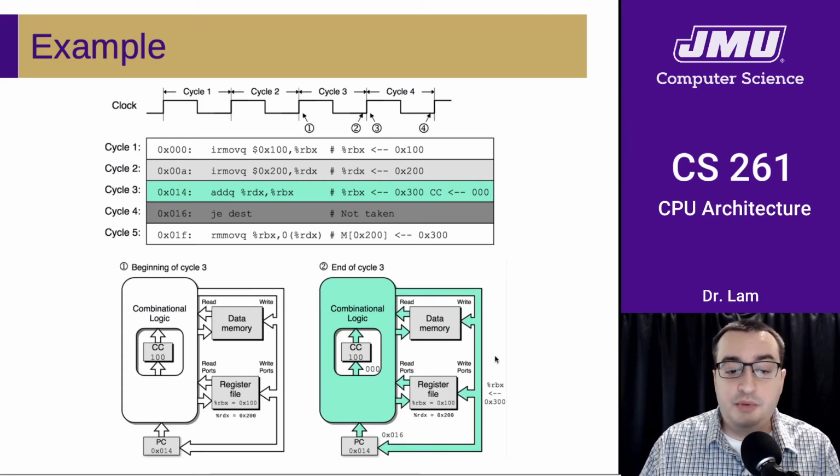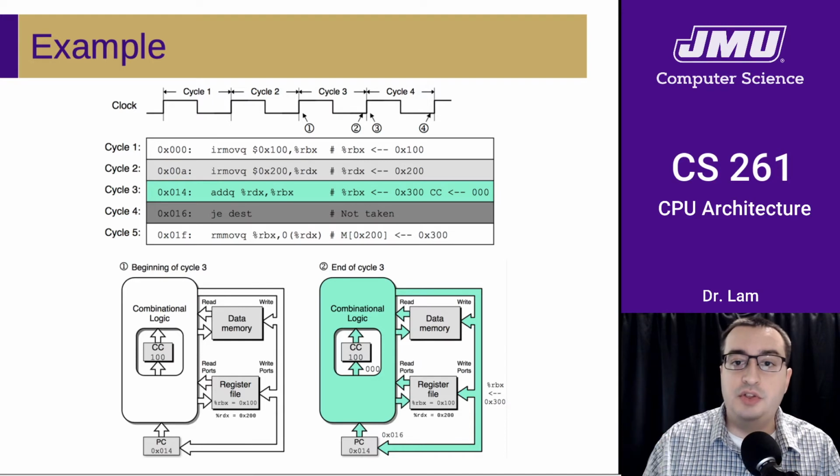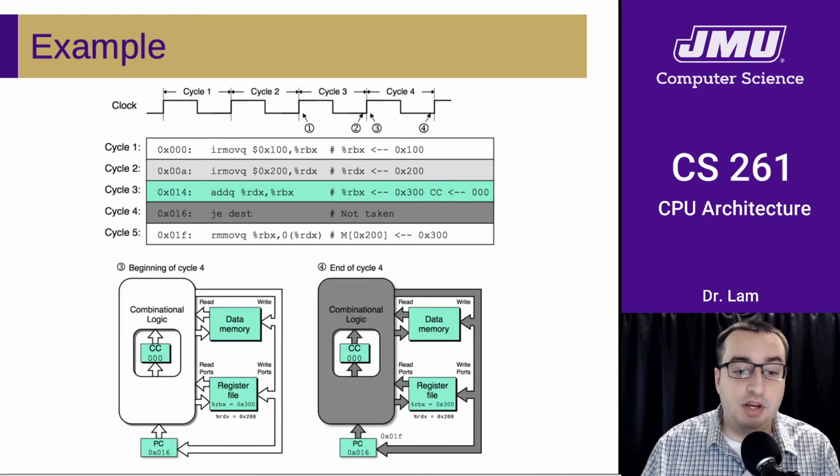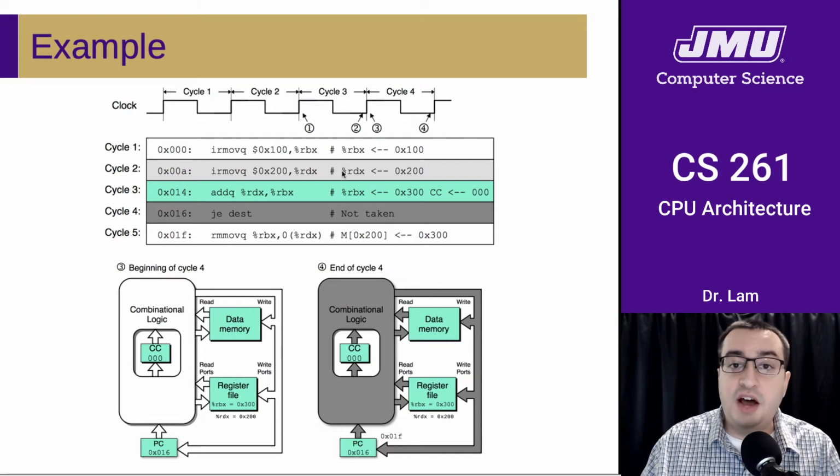So this is what the CPU looks like right as we're about to hit that clock tick to go into cycle 4. And that's really what triggers the transition from that instruction in cycle 3 to the instruction in cycle 4. And here's what the diagram looks like once that happens. So at event 3, we are now on the other side of that clock signal rising. The new value for RBX has now been locked in. The new value for the PC has now been locked in.